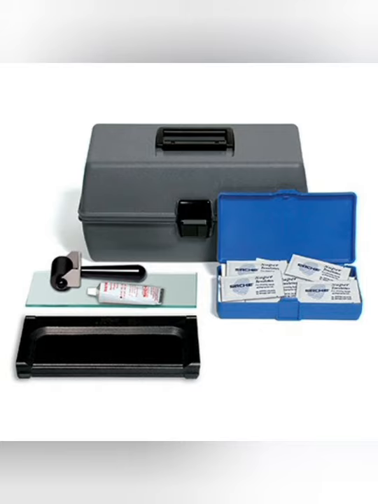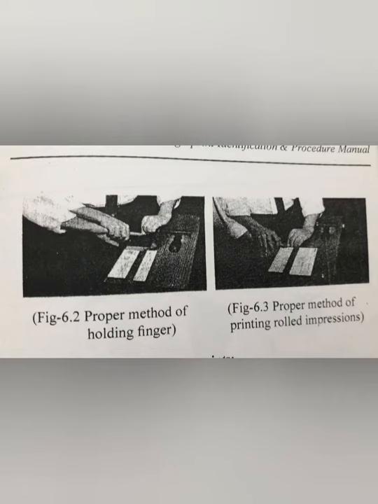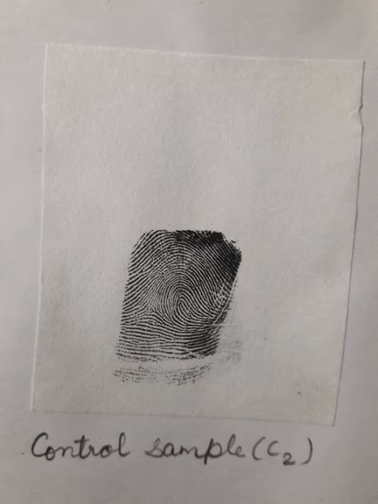Four to five things are required for recording fingerprints. Obviously an inking slab for spreading the ink, then a roller for distribution of the ink, then the fingerprint card on which one can record the fingerprints, and a card holder. One can also keep tissue paper so that the fingers can be cleaned properly, so that there is no dirt, dust, oil, etc.